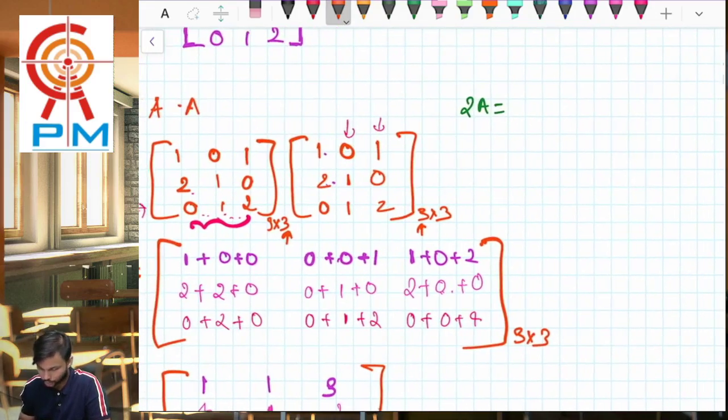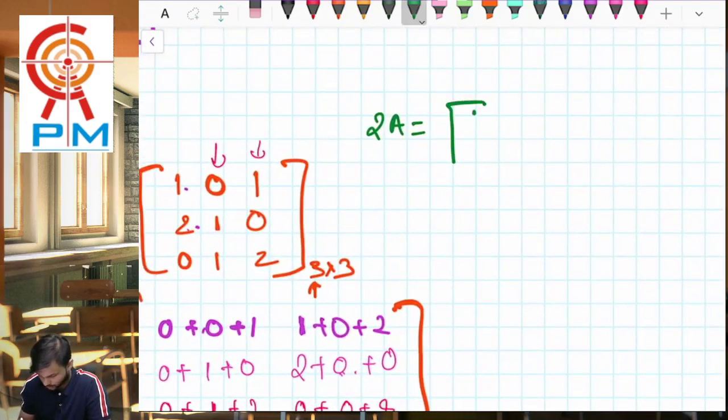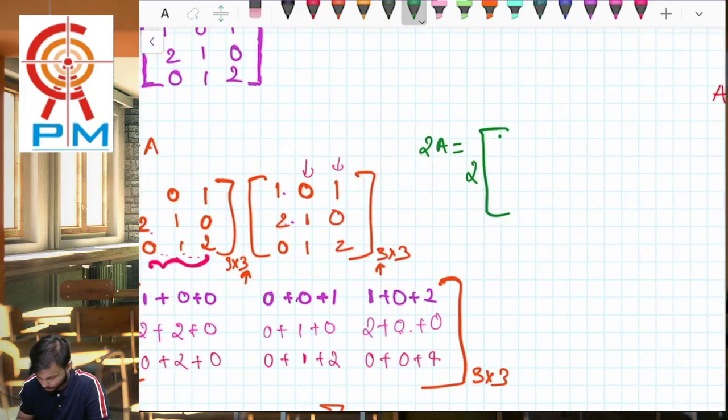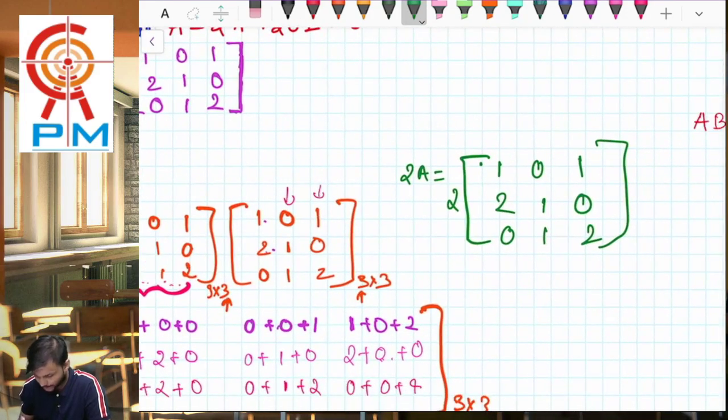Now I'm going to move on with finding out twice A. So what my twice A is, 2 times matrix A. What my matrix A looks like, 1 0 1, 2 1 0, 0 1 2. Let me just check whether I have written it correct or not. I have. And now what this means is nothing but